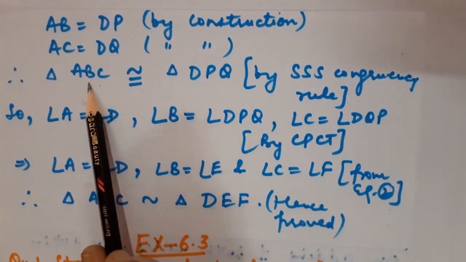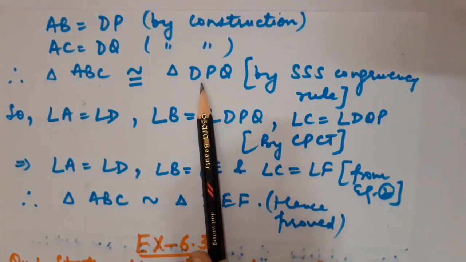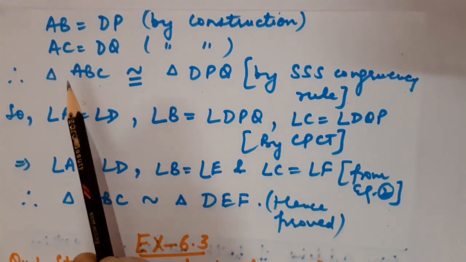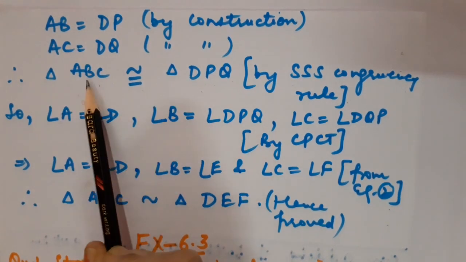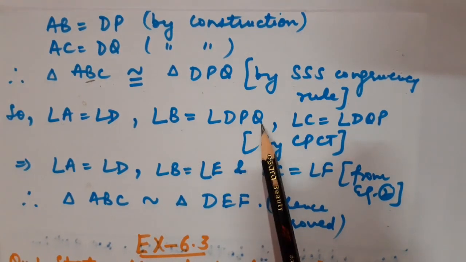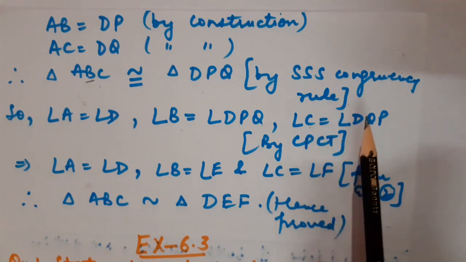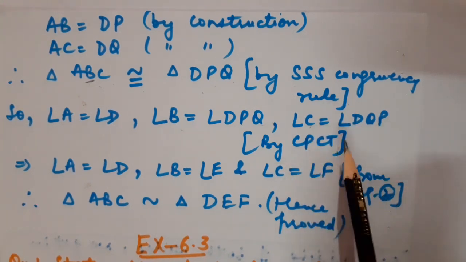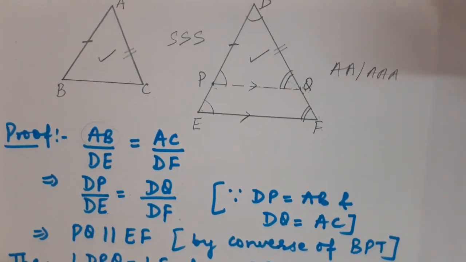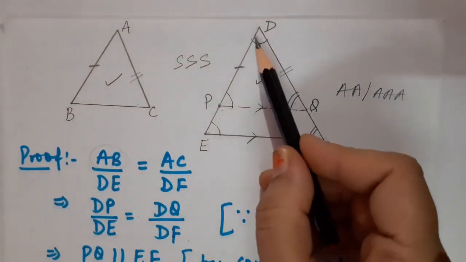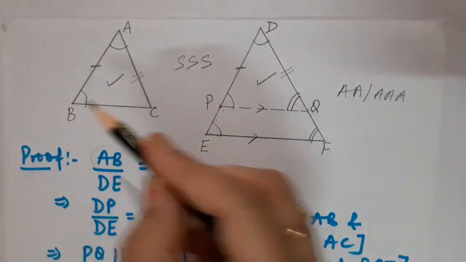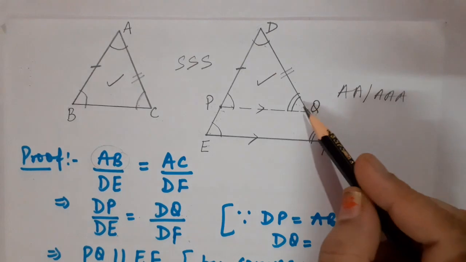Okay. So if both the triangles are congruent to each other, then can we say that by CPCT their corresponding angle will also be equal? Of course. So angle A must be equal to angle D. Angle B, this angle B must be equal to angle DPQ. Okay. And of course angle C must be equal to DQP by CPCT. Why? Because they are the corresponding angles. Just have a look in the diagram. As I have proved that triangle ABC is congruent to triangle DPQ, then it means angle A must be equal to angle D, angle B must be equal to angle P, and angle C must be equal to angle Q.